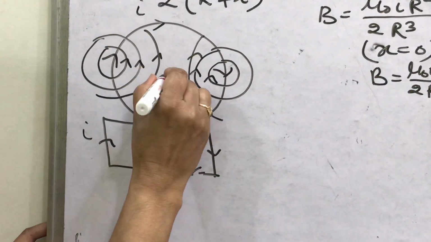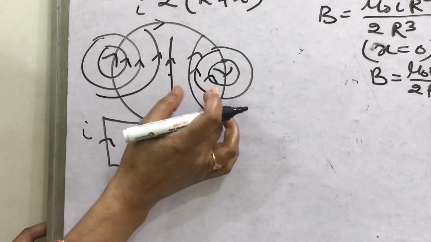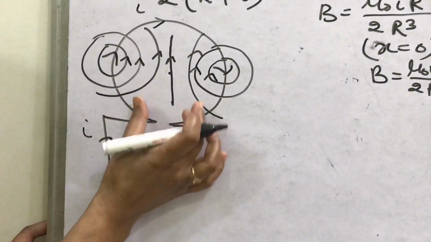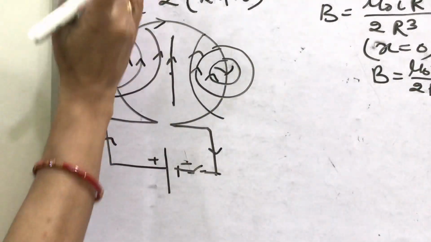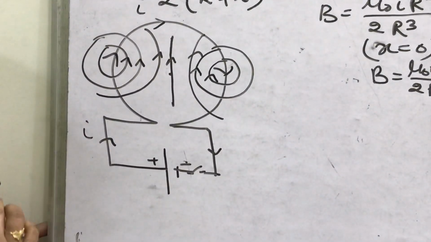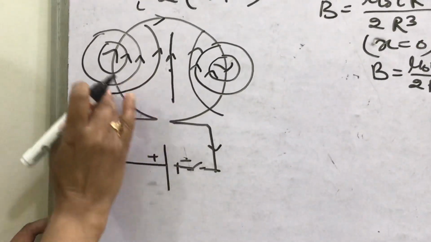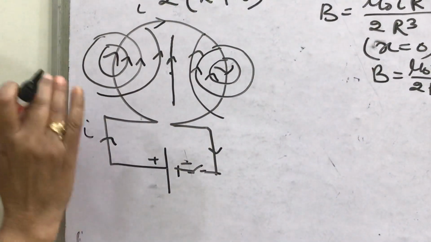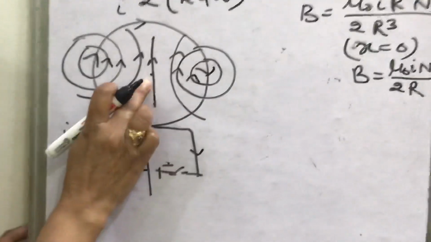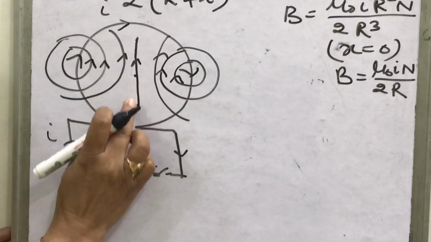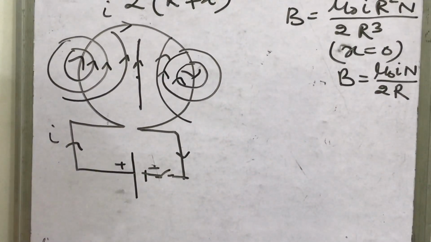The line passing through the center will be the straight one. So as you approach towards the center, the field lines become less and less curved, and exactly at the center the field lines are perpendicular to the plane of the circular coil, and this is said to be the uniform magnetic field in a current carrying circular coil. It is supposed to be perpendicular, and at the center it is supposed to be uniform. All the field lines will become parallel and perpendicular to the plane of the circular coil.